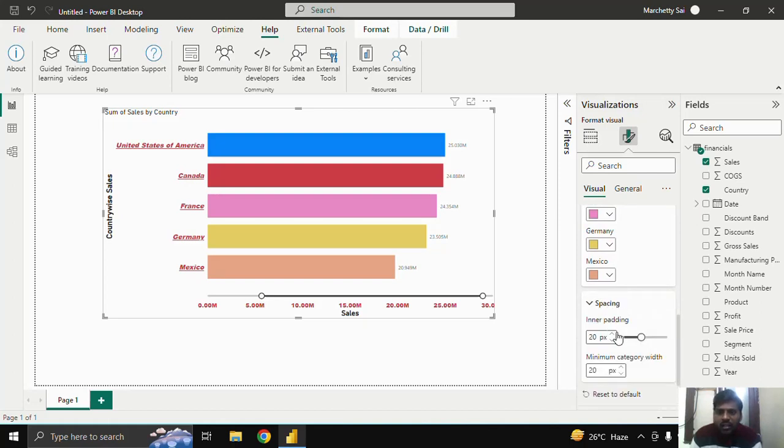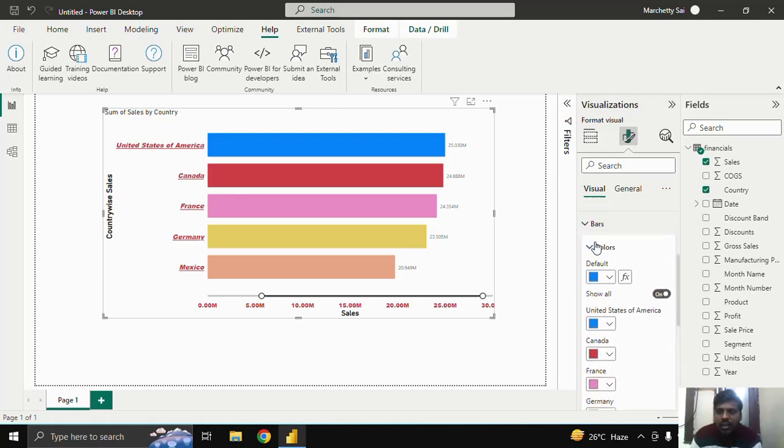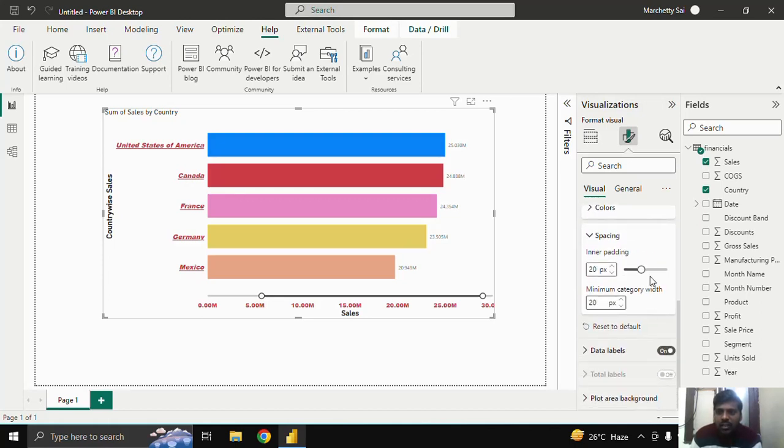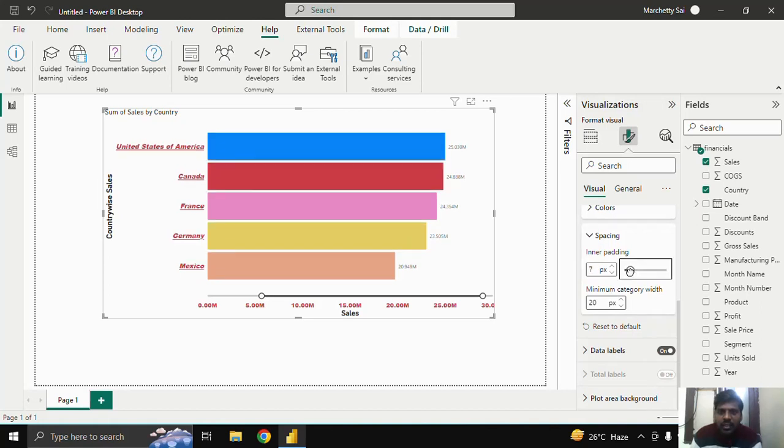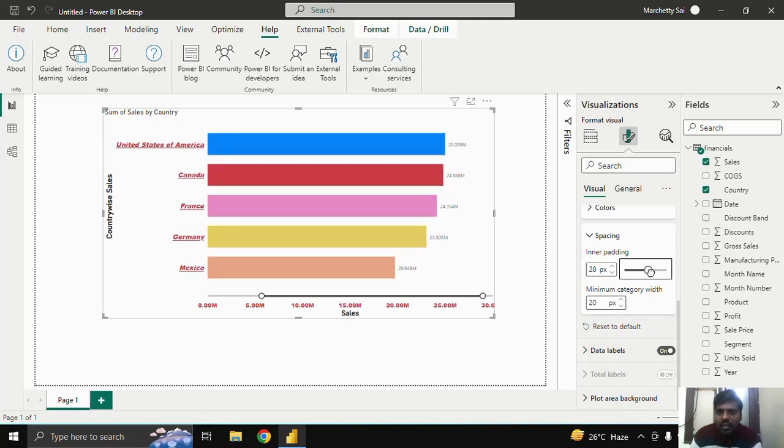Suppose that you want to adjust the spacing between them. Here in the spacing option, under bars, you could increase or decrease spacing like this. Okay,